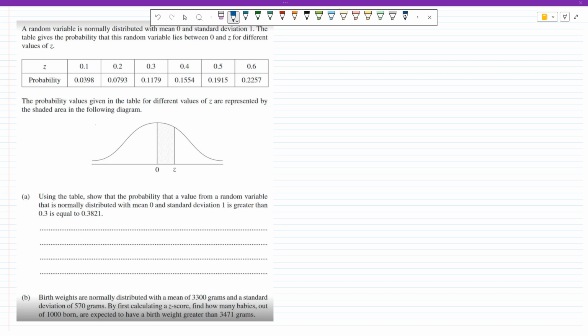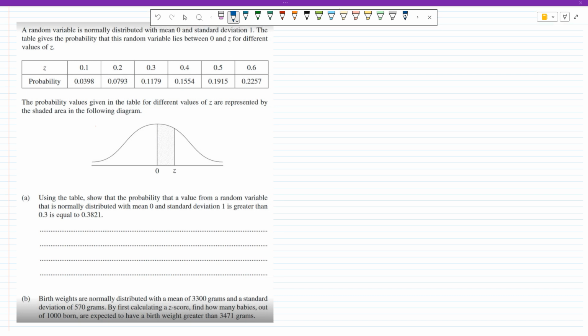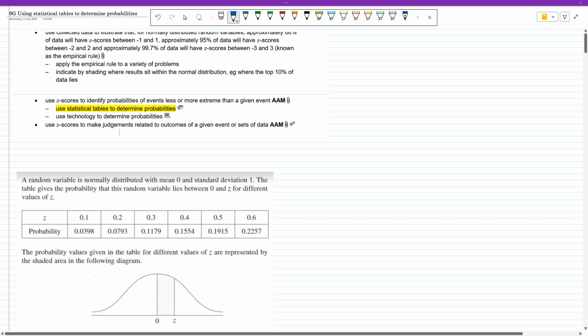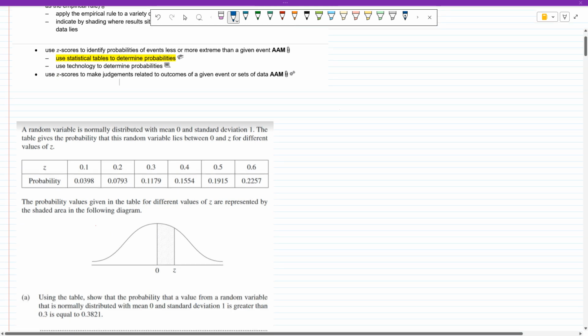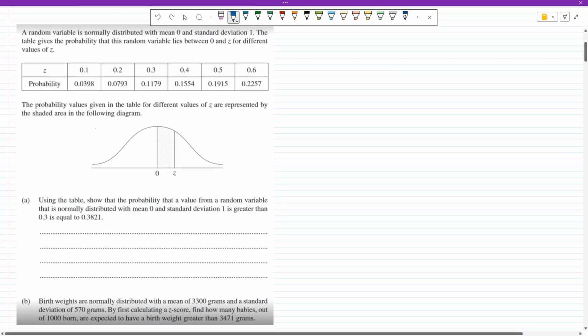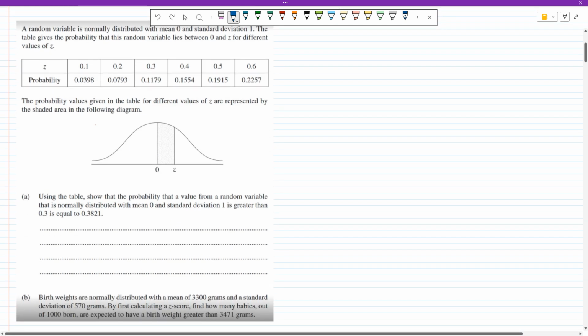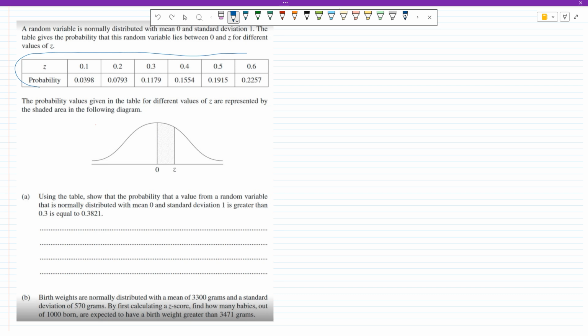Okay, a quick video on normal distributions and statistical tables: how to use statistical tables like these ones to figure out the probability of certain things. Anyway, let's get started. So this table, generally speaking, is telling us the area under